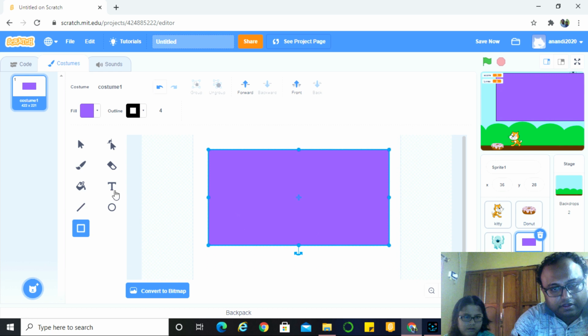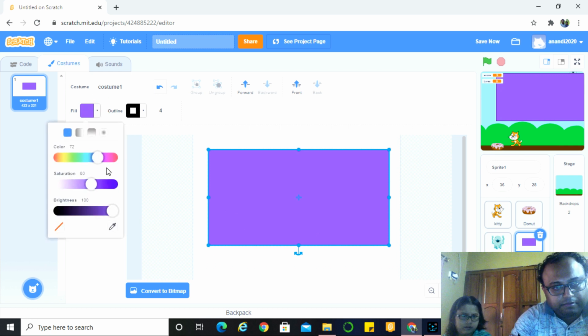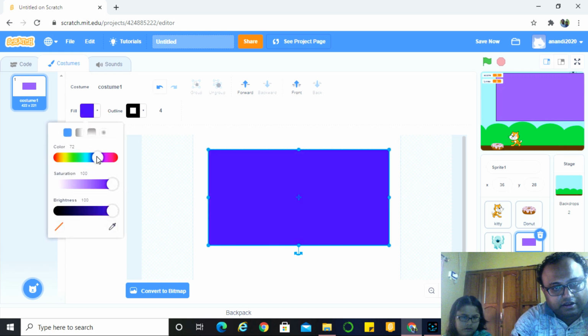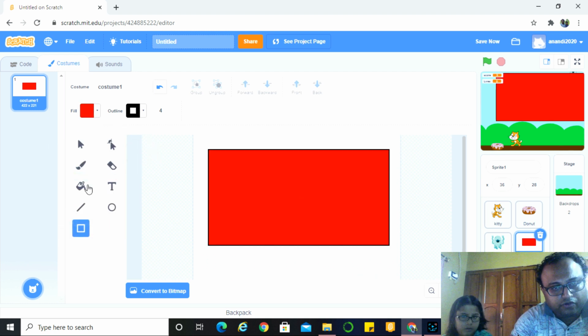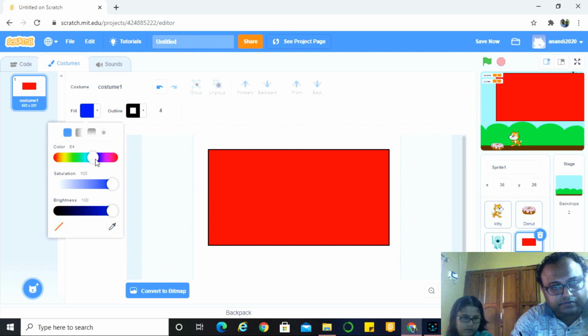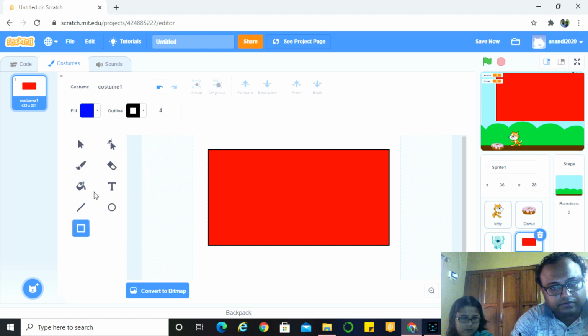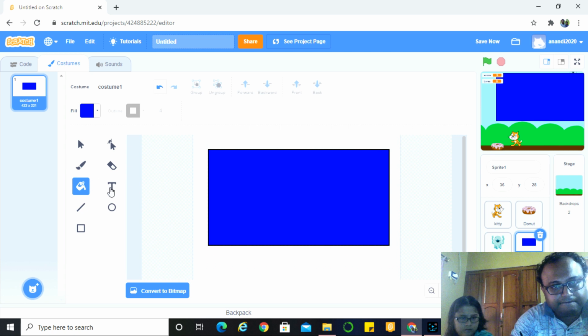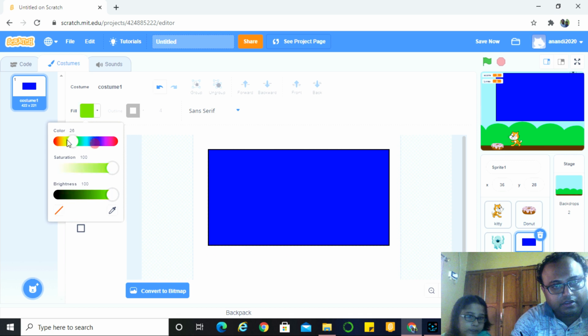Bring one rectangle. Then make it a red color. Now put one red color text. No, it has become red color. Sorry. Let's make it green. Okay. Now we will write the letters. What will be the color of the letters? It will be red.